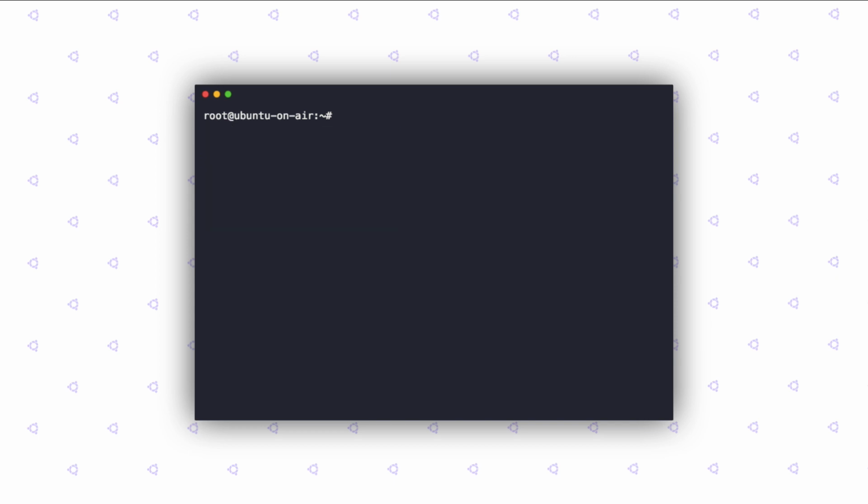Now let's assume a hypothetical situation where I'm using the echo command a lot. Well, it is just 4 characters, but if you add it up on a scale of, let's say, using this command 200 times, you end up wasting a lot of keystrokes. So what we are going to do is create an alias for this command. To do that, you have to type in alias, then specify the alias. I'm going to call it EC, and then give an equal sign and specify the actual command inside it. Now once you hit enter, that alias would be created.